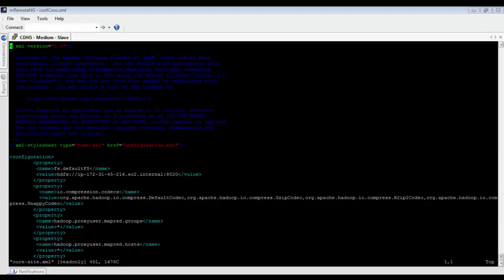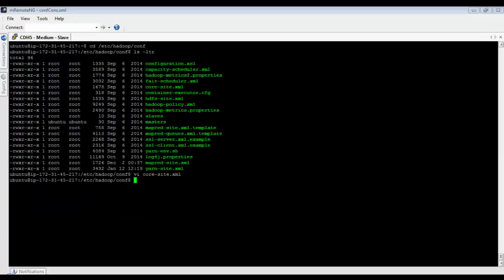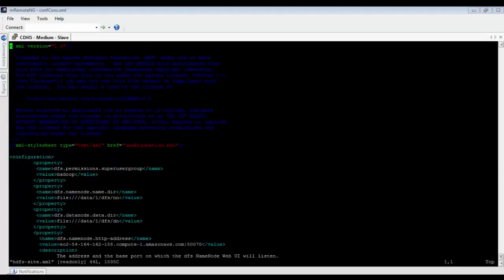So any node can look up this property and know the location of the name node. Next important property file is hdfs-site.xml. So let's open that file. This file lists all the properties that are specific to HDFS. For example,